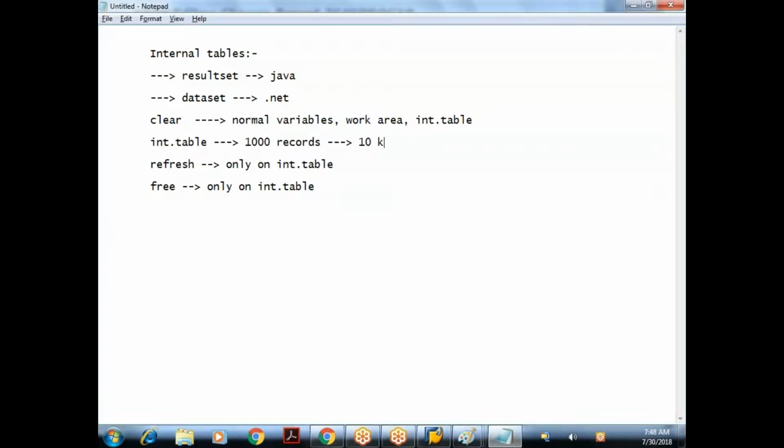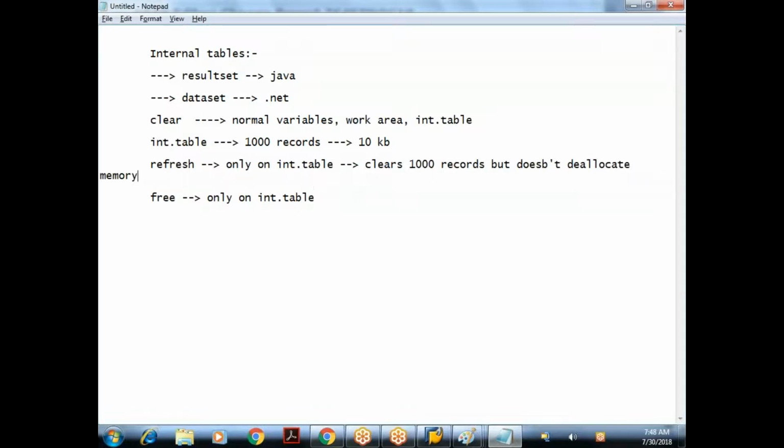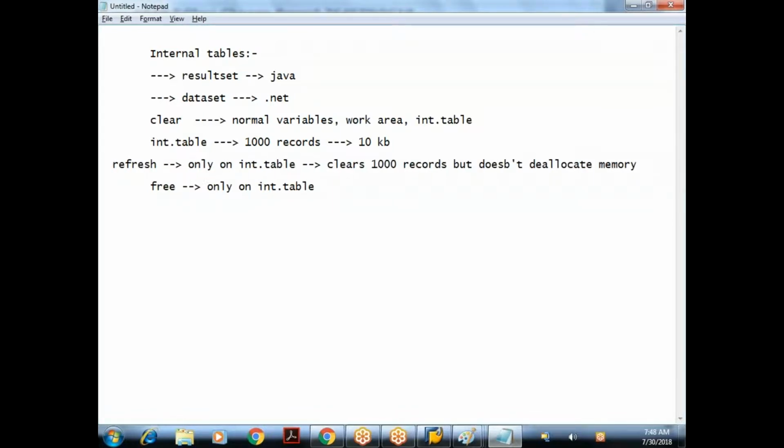Assume some 10 KB is allocated for this internal table. When I say refresh, it clears the 1000 records but doesn't deallocate the memory. The previous memory of 10 KB will remain as it is, but without any data.